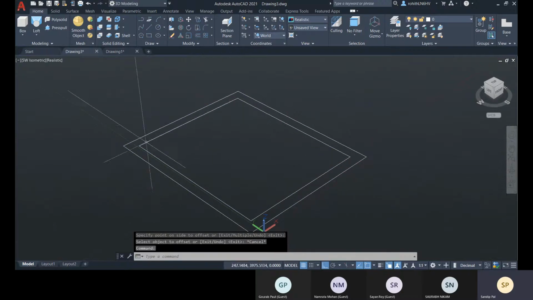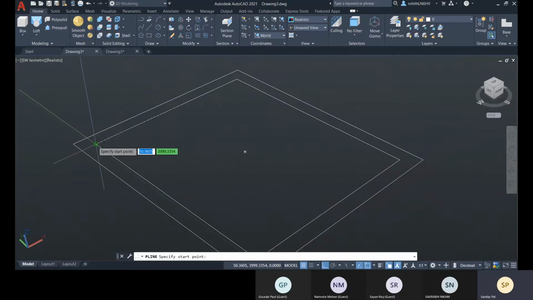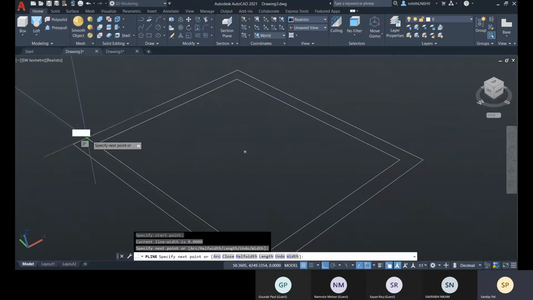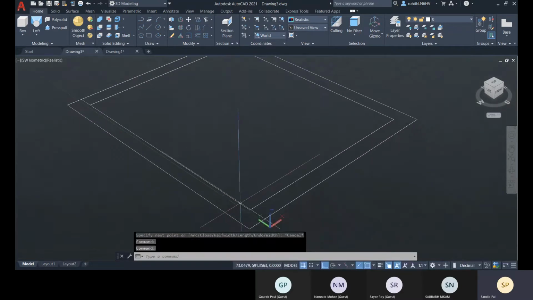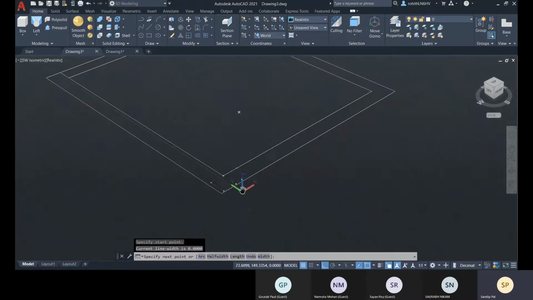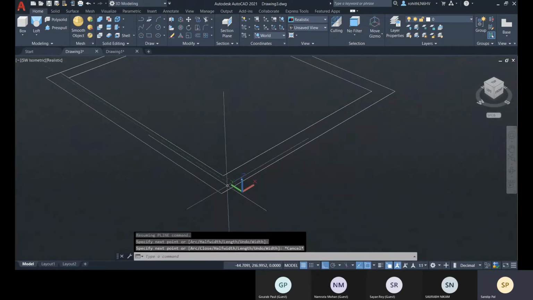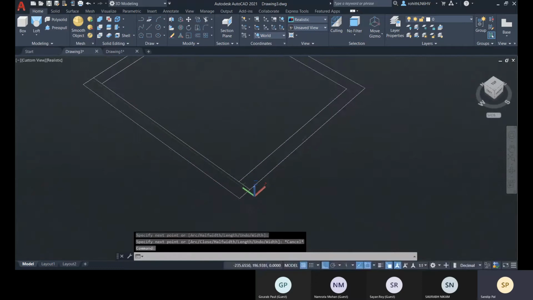Okay, now I'll close this side. And I'll close this side, this line.